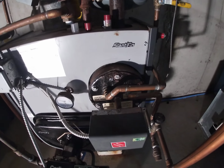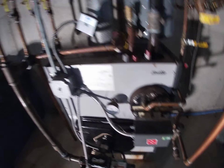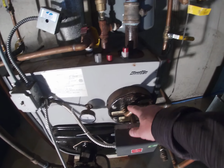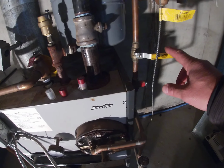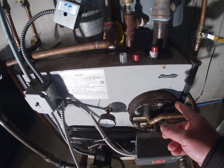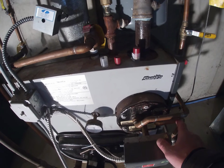This boiler is equipped with a way to heat water. Went over this early in the year, but this is called a tankless system, hence there is no tank here. There's a copper coil that goes in and goes around in a circle. It's very condensed, and the cold water would come in. It's shut off right now. It would go inside here, go around that coil, and sitting in the water in the boiler, the boiler water would heat that water. It would come out here